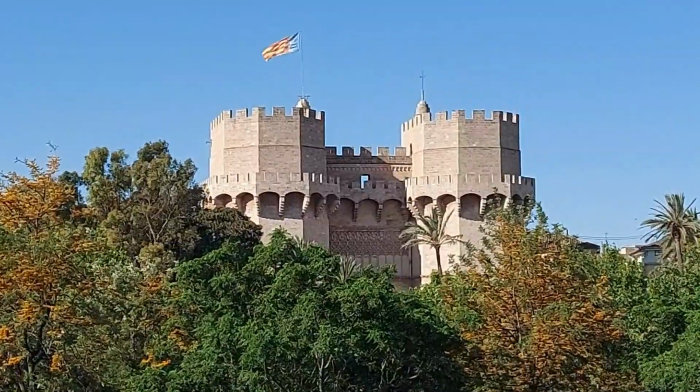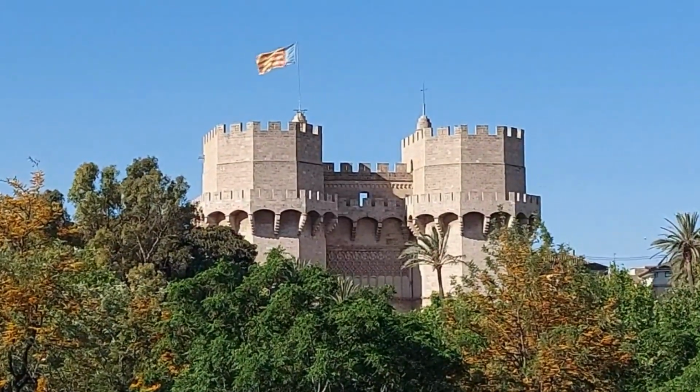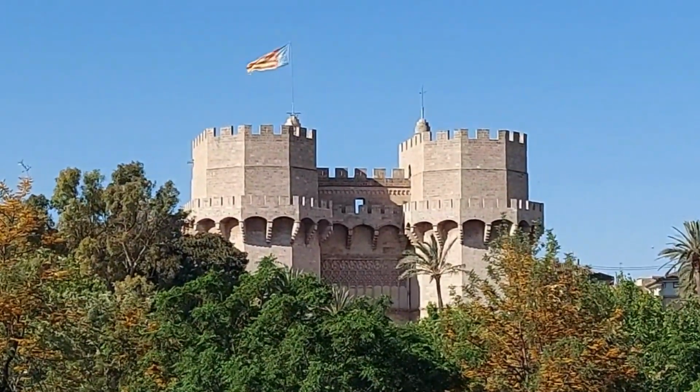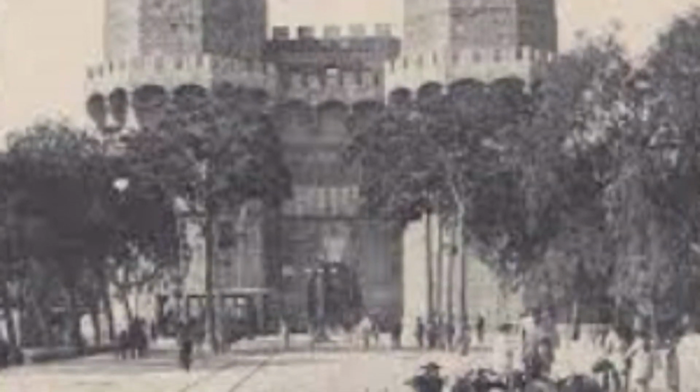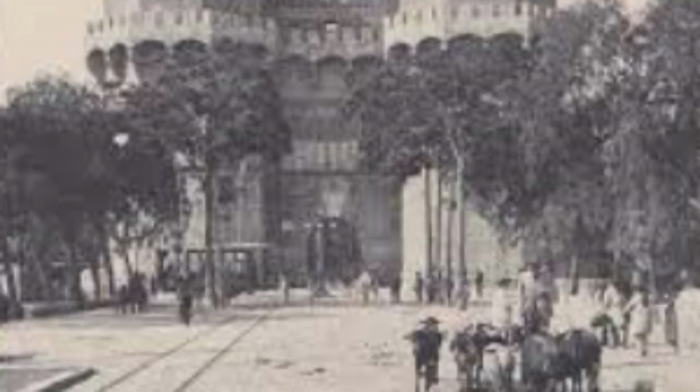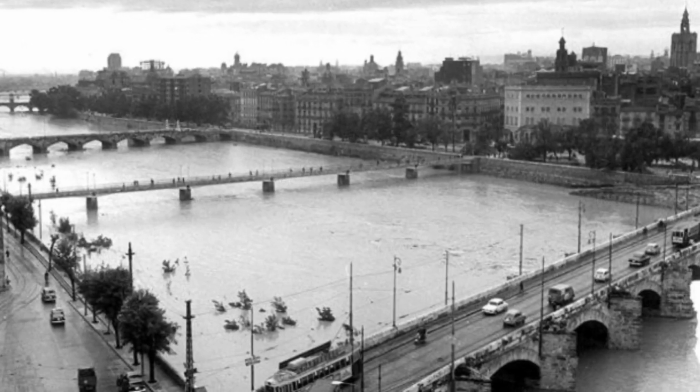But what they have preserved is this beautiful gatehouse. Absolutely fantastic. But this bridge is interesting as well. It's remarkably well preserved and is one of the busiest entrances into the old city of Valencia. You can imagine over the years all the people that have traversed this bridge by foot or on horse and cart. But it stands today on a dry riverbed, because back on the 14th of October 1957 the river burst